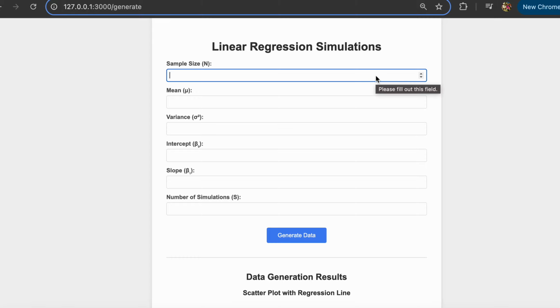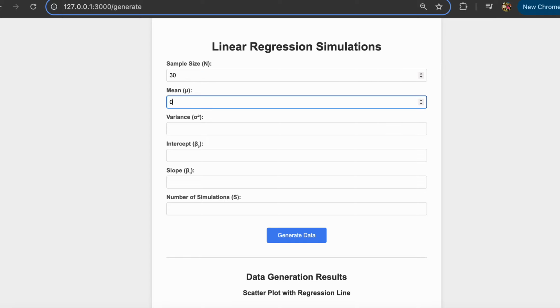When I was doing the testing, one thing I ran into at the beginning was that I was using very big variables, such as a sample size of 100, 1,000 times, and a number of like 1,000 simulations. After looking at Piazza, I know that this kind of project is restrained to a smaller number, so I want to demonstrate a bunch of numbers I was using when I was debugging the application. So I'm going to start with